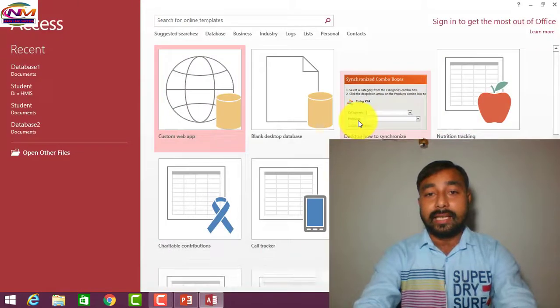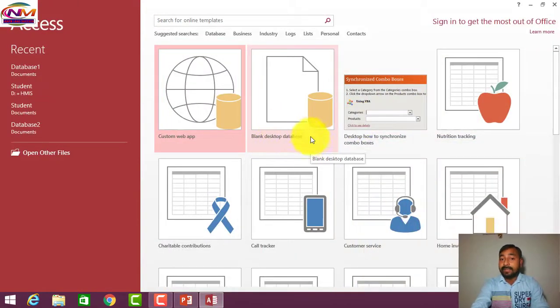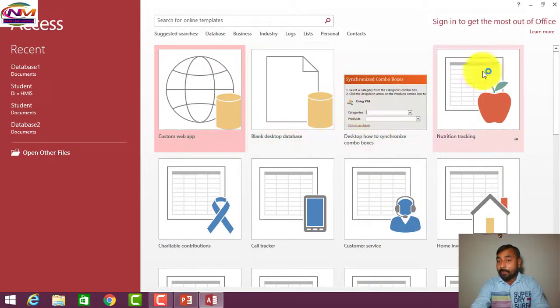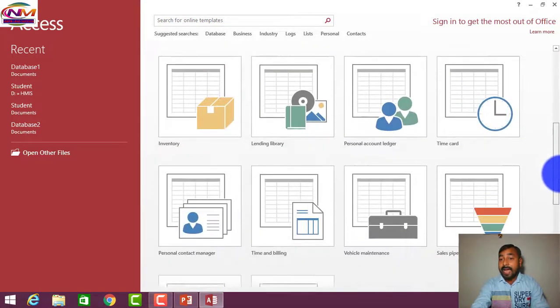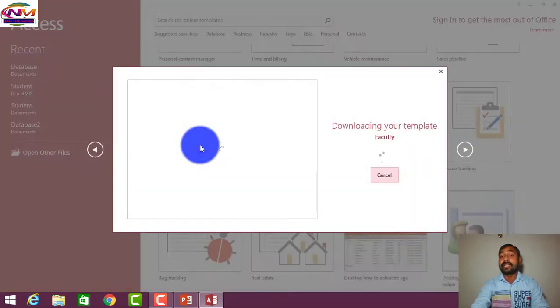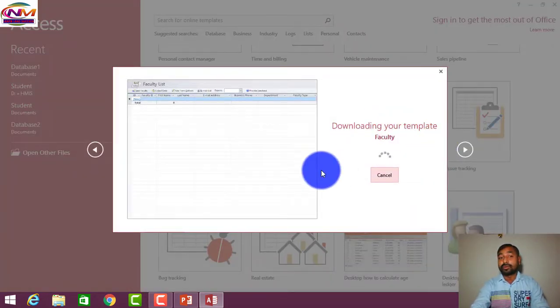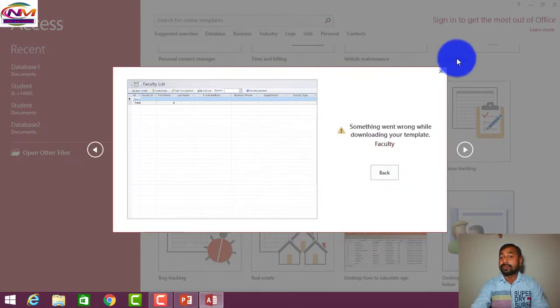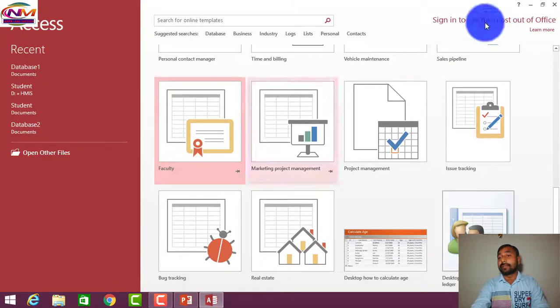Just wait. Now see, the first option that comes is blank desktop database. Apart from that, whatever you are seeing is called templates. As per our need, we will take any one and use it accordingly. If I click here, it will ask for download. If you have downloaded it, then you will get a ready-made template for your personal use. So this is the step to start a template in your database.